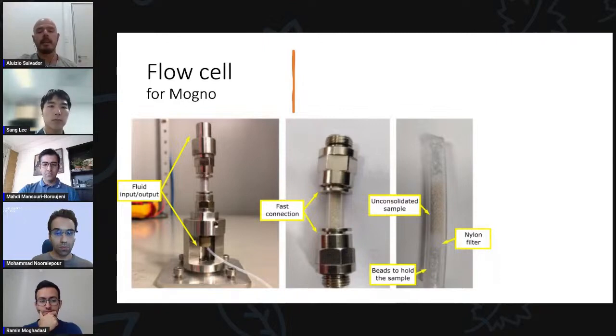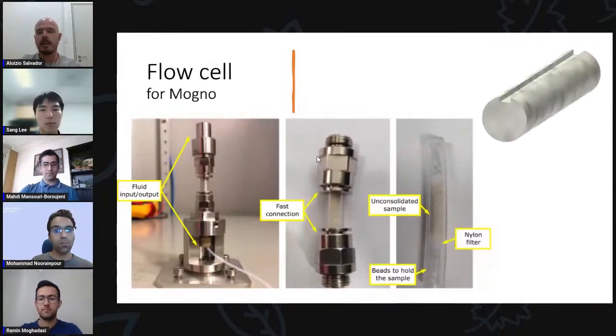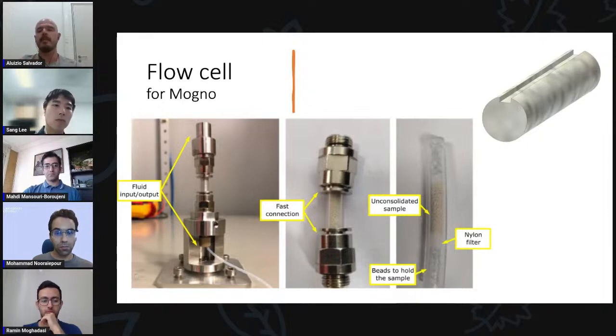And what we are planning here is to make an experiment as close as possible to the one that we are performing at the Carnaúba beamline. We will substitute these unconsolidated samples for a cylinder. The cylinder will be inside this tube, and we'll draw a channel along this cylinder. So when we inject the fluid, it will preferentially pass through the channel instead of the pores. Again, we are going to have a controlled environment, which for us, that are at the beginning of the project, is very important just for understanding how the surface reactions happen here.